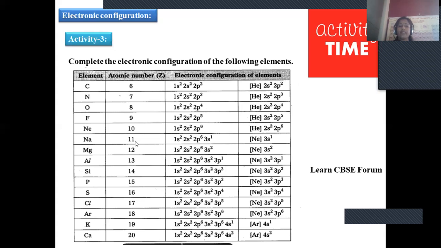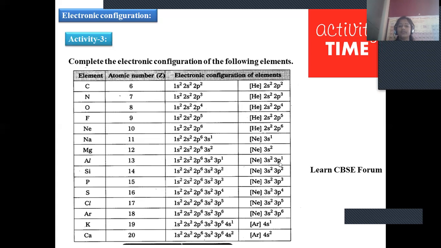Sodium, atomic number 11. 11 electrons are there. Now, the new electron will find a new shell here. A 3s1 electron will be there. So this entire 1s2, 2s2, 2p6 becomes the neon electronic configuration, so you can write neon 3s1, because neon is completely filled. We need not write the entire 1s2, 2s2, 2p6 always, because this is neon, the standard one. So you can write neon followed by 3s1. For magnesium, 1 more electron, 3s2.